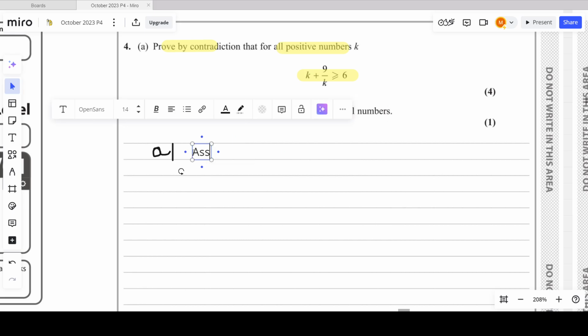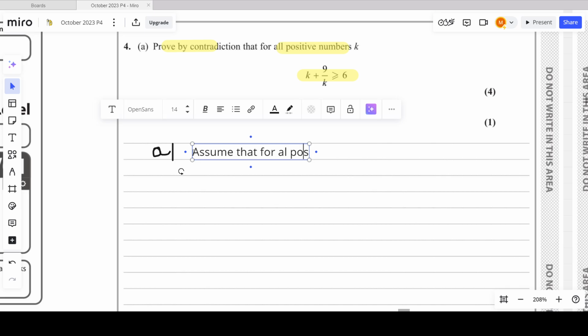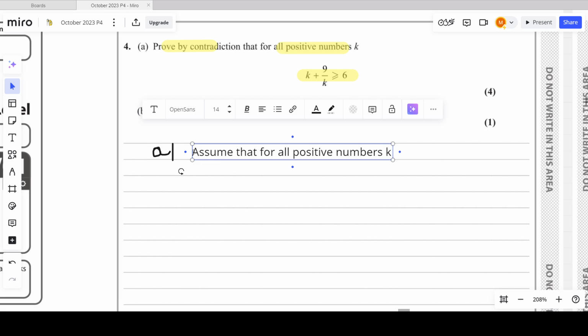So assume that for all positive numbers k,